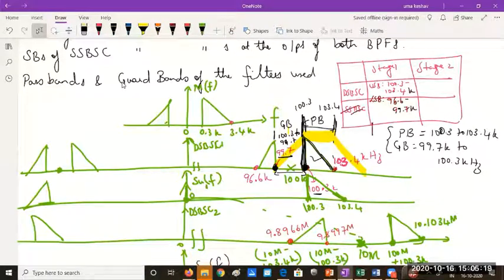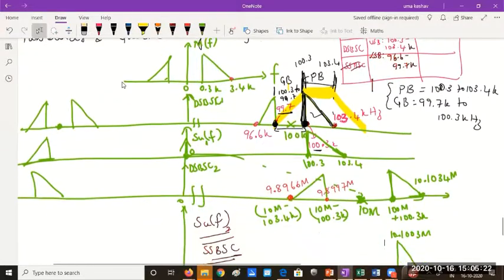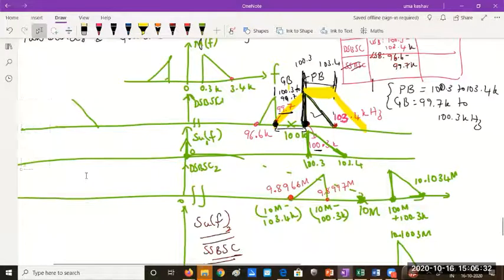We have every information in the diagram. See, you can even leave out the negative side. You need not write the negative side. You can simply leave it also. Okay. So rather than write it and complicate, or even if you write, you need not name everything. You draw it only on the positive side and write all the frequencies and everything. It would be easy for you. See, actually this is very, very simple. Nothing complicated is involved here. All you have to do is just try to understand the things correctly and do it.